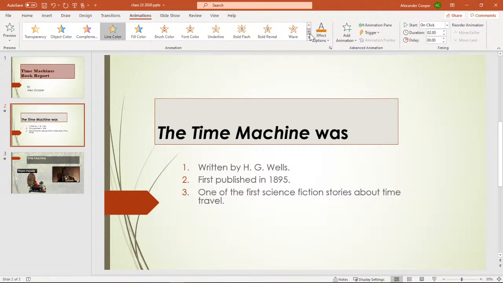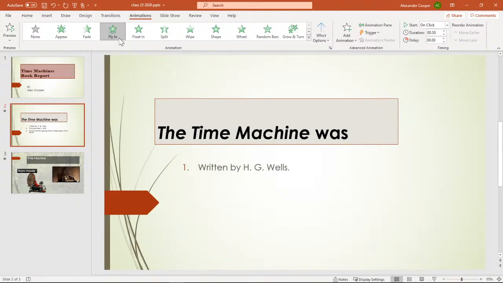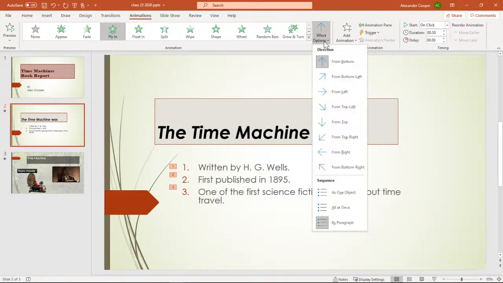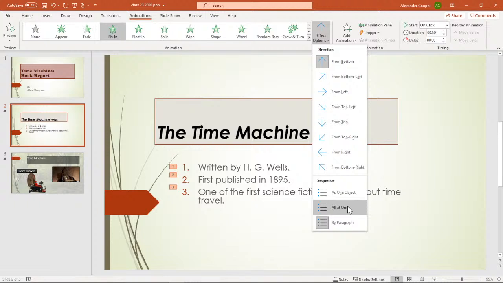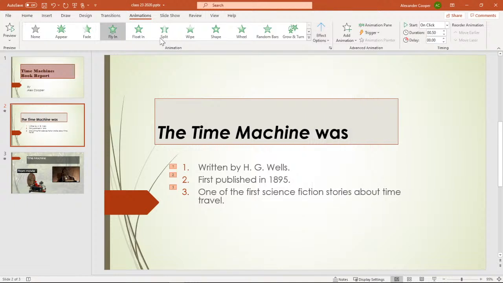Change colors, kind of a neat thing. Also remember these effects, like if I go up to the top here and I have it fly in, I can actually change the effect of where we want it to fly in, which direction you want it to fly in. And I also have it where I can say as one object, one at a time, or by paragraph.